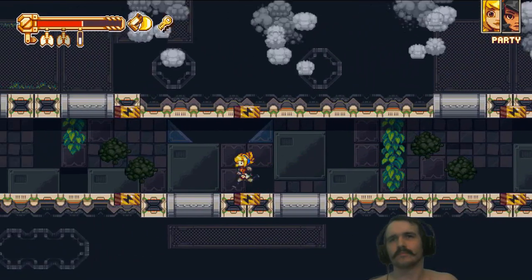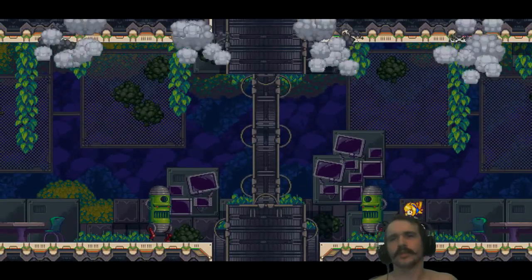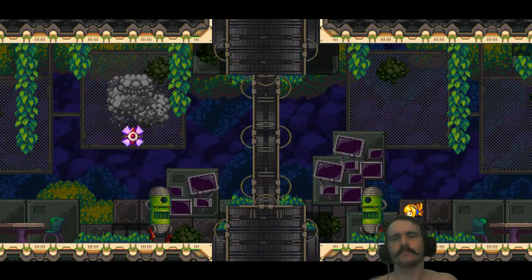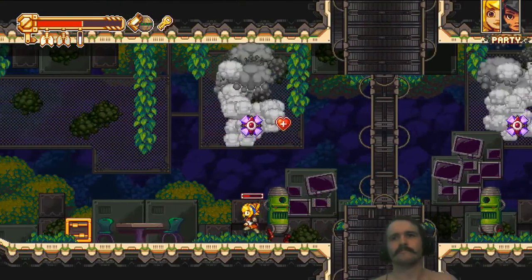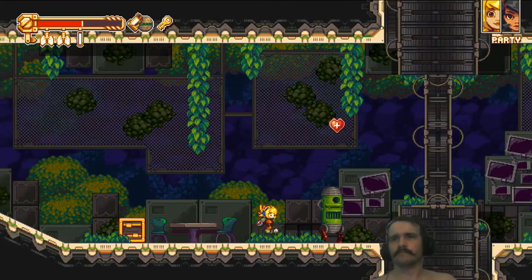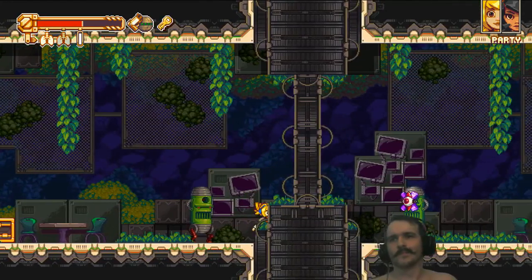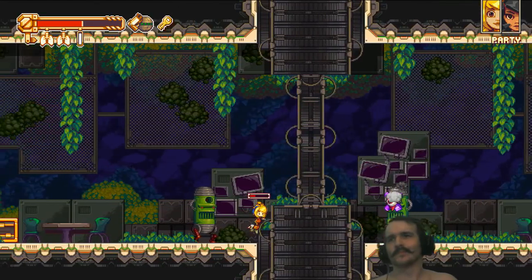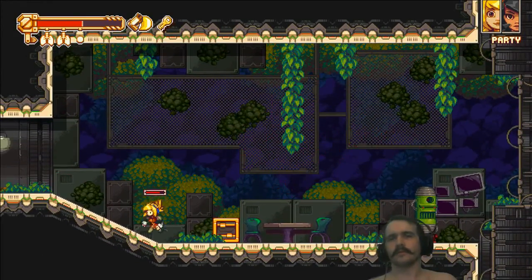Now we have some RNG coming up. There are these arena fights with these little flying robots right here. It's one of them, and then two of them. And you can get the kill on the first one pretty easily. But then it's RNG which green thing they fly into and how long it takes for them to do it. So sometimes you can get a one cycle where you kill them right as they spawn, and then other